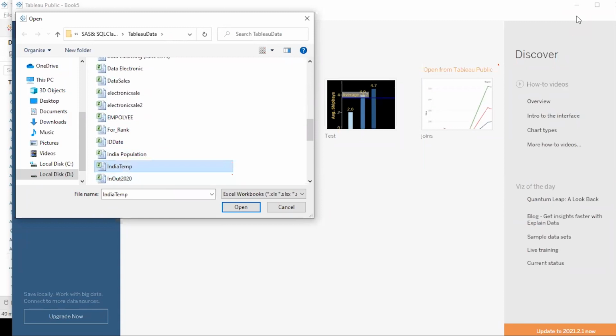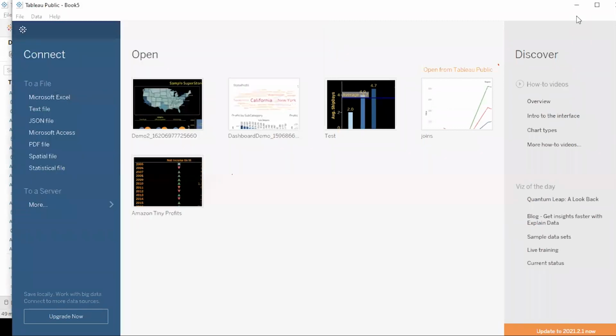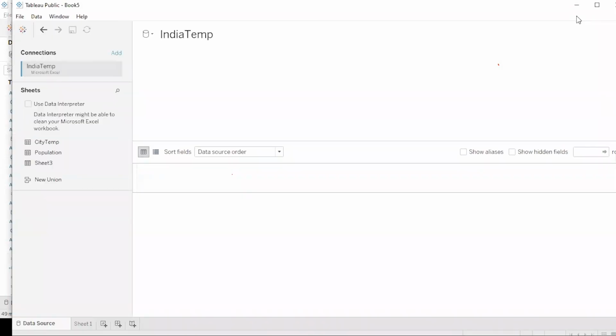Here it is. I have a data with the name India temp. Here I have this city temperature.